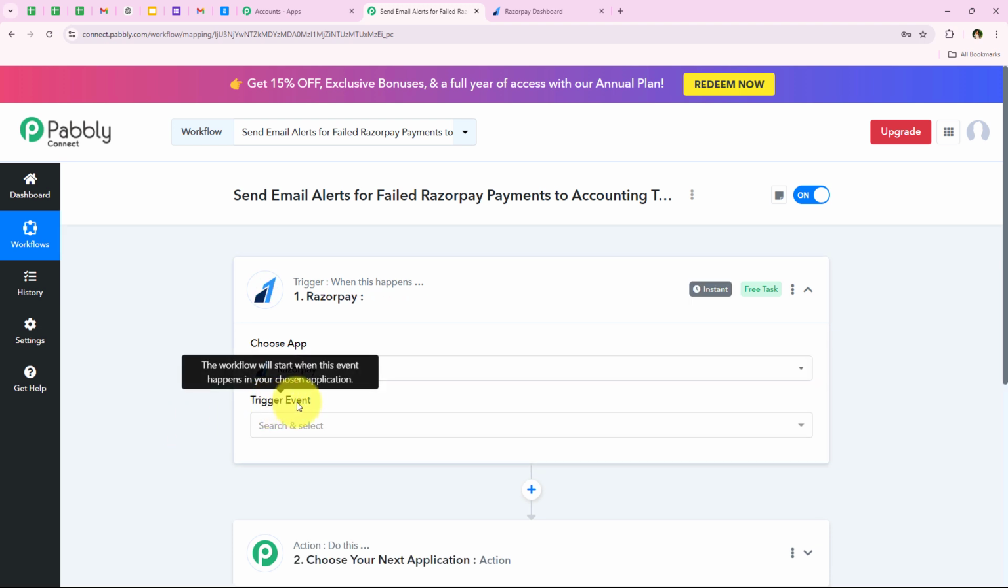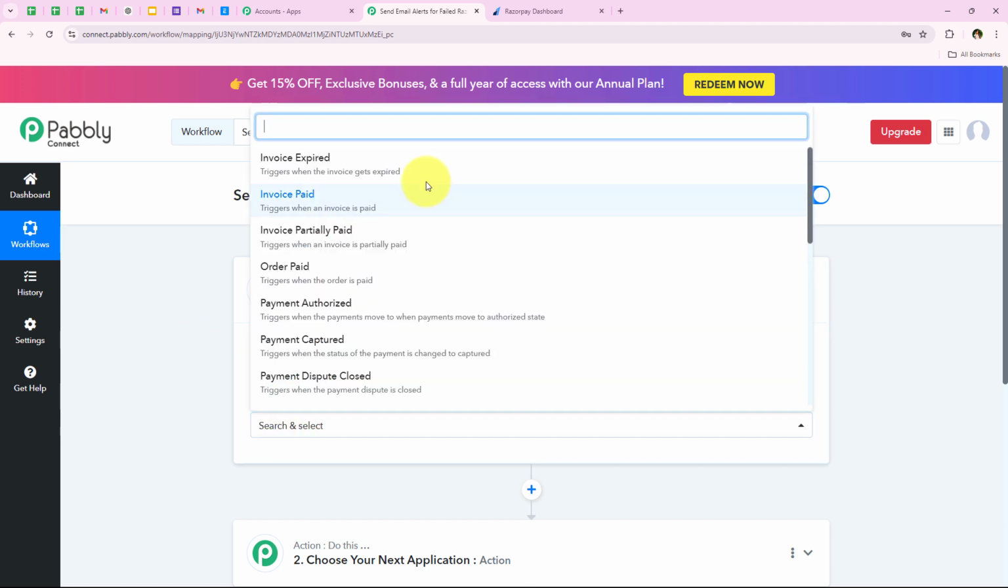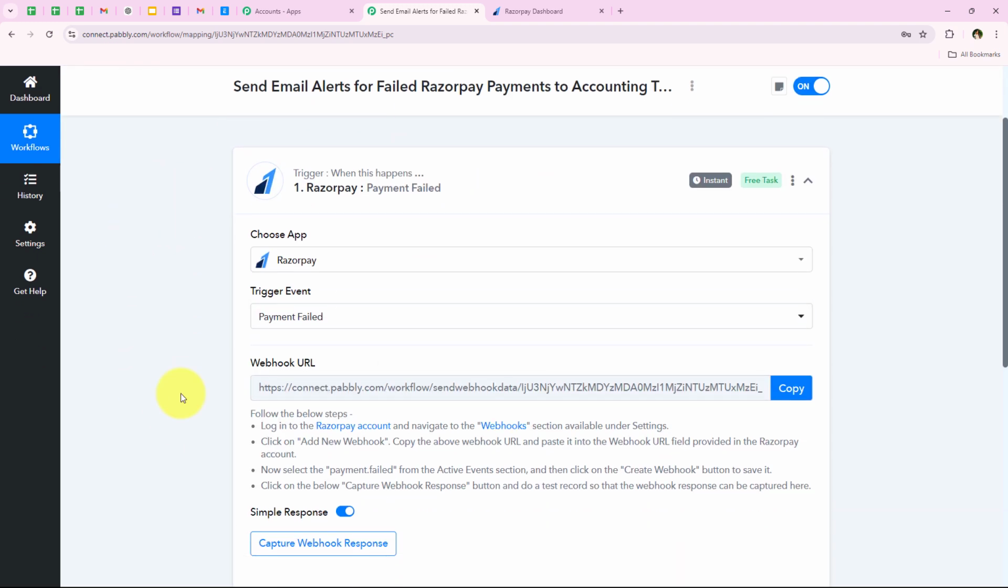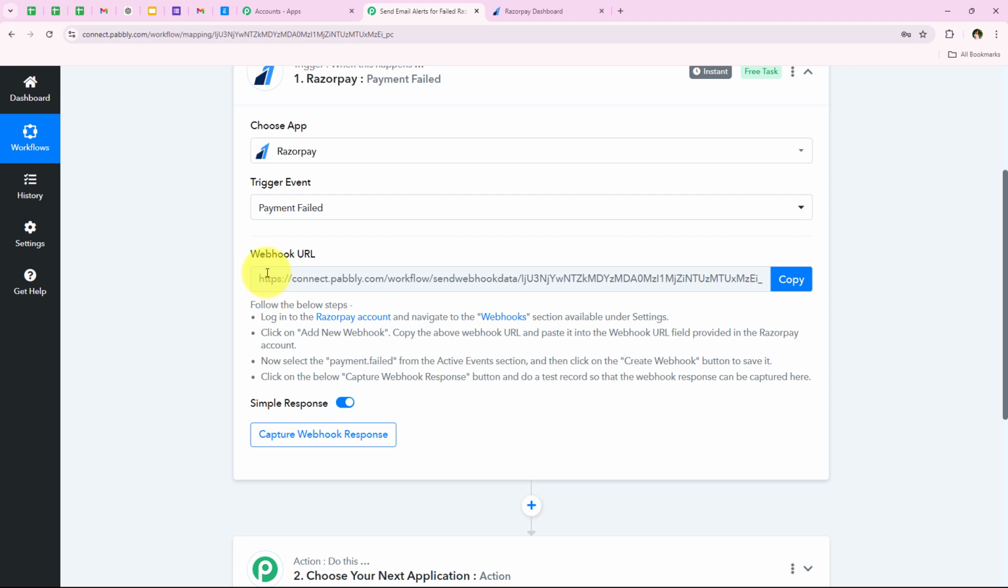And now it is asking me for the trigger event. So basically, trigger event is the event on which the workflow will start. So over here, I'm going to select my trigger event as payment failed because I want to trigger my workflow for the same. And as soon as we select the trigger event, it is giving me a